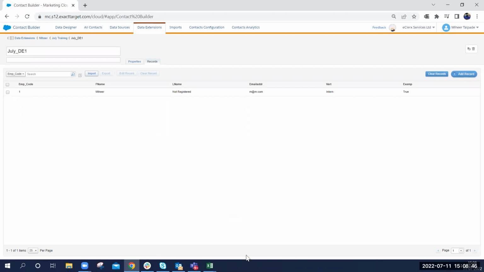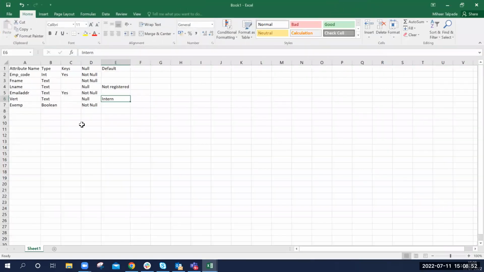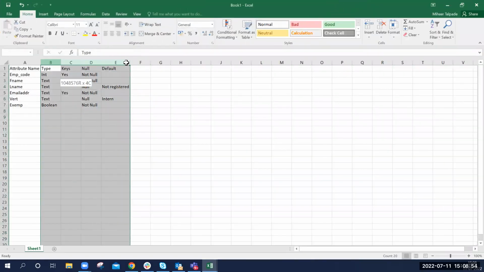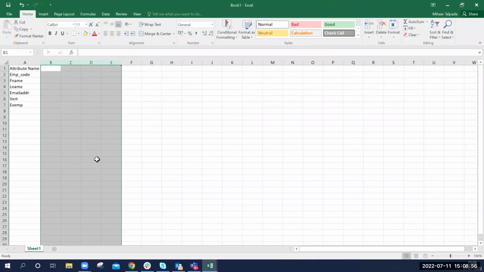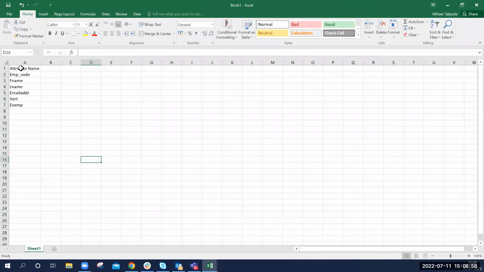So this is manual, which I just showed you. If you want to do import, it's quite simple. Let's use the same one. This is the same data extension which I had. What I'm going to do is let's try importing values. So for that, I'm going to